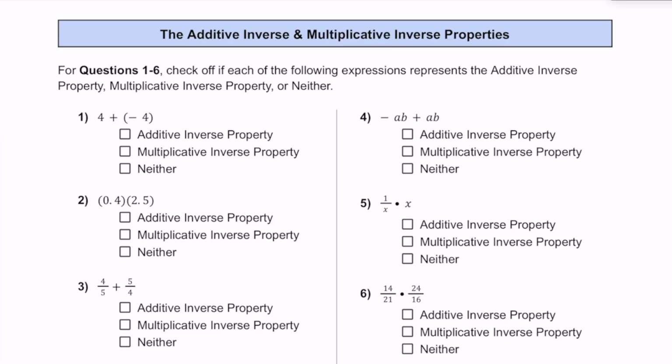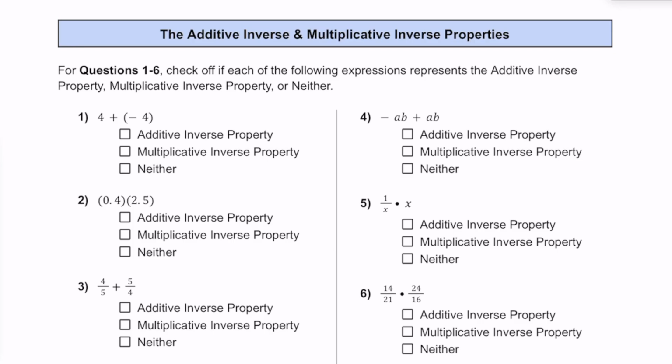In this video, let's go ahead and take a look at a couple more properties together. So at this point, hopefully you have learned about the commutative property where you can switch the order with multiplication or addition, as well as the associative property where you can change the grouping for addition and multiplication, as well